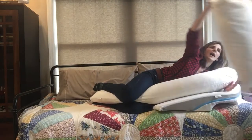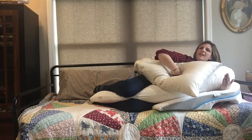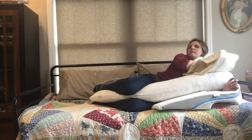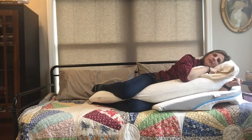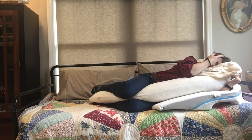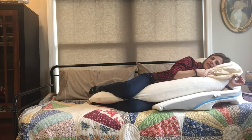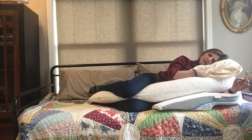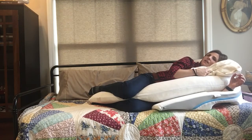So, what I had to do is take a down or down alternative pillow, something that compresses and does not pop back at you, preferably not foam. Okay? Snugged it into my neck, so I'm giving support from the center out. Made a little room so it wasn't in my face, I could still breathe. Okay? Now, that allowed my head to be in line with my trunk, which is very important. If you're trying to get into deep sleep, if you're trying to eliminate pain, if you're trying to eliminate numbness, tingling, symptoms down in your arm, you need your neck to be in a neutral position. You can't have it side bent down, can't have it side bent up. Okay? So this is my biggest tip and probably takeaway